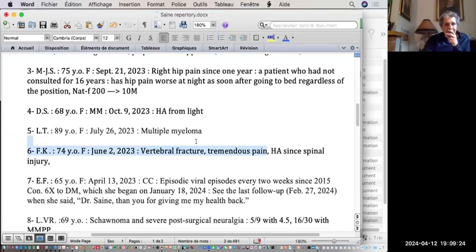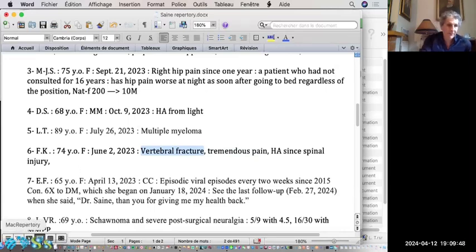She developed tremendous pain in her back. She was just lifting a basket like this, not heavy, maybe a 2-pound basket, up above her eyes. And she felt something in her back, a sudden sharp pain. She couldn't move anymore. And they called me. No, she went to the hospital.